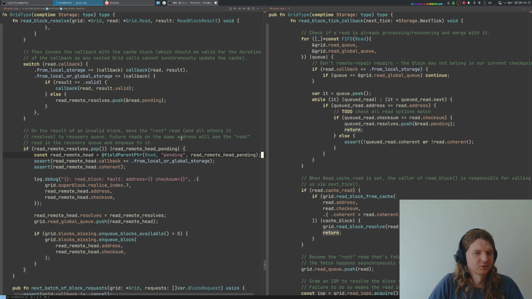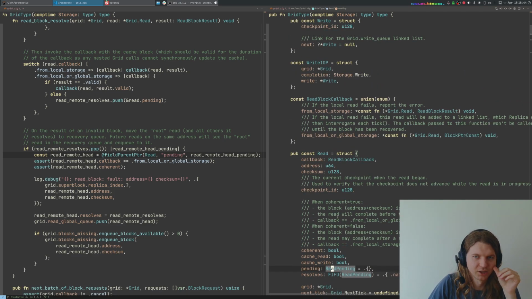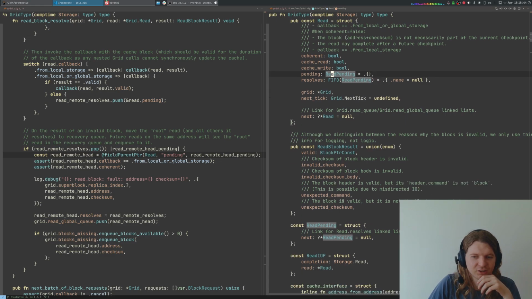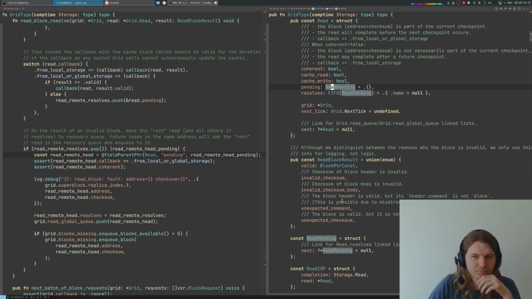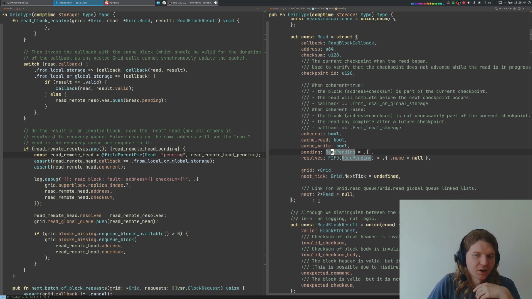What is this? Read, pending, read. Well, I kind of lost it here. Oh, right, because resolves is not a queue of reads. Resolves is the queue of reads. Well, okay, because read